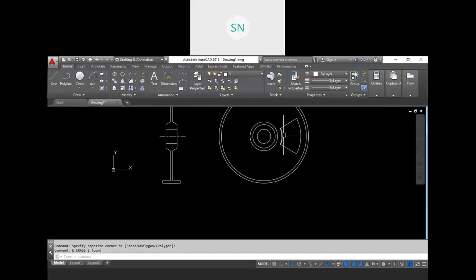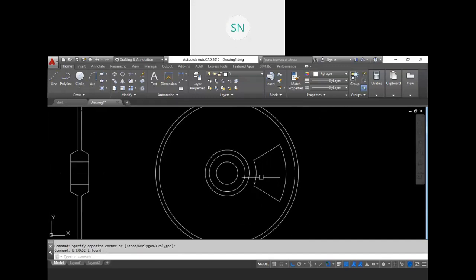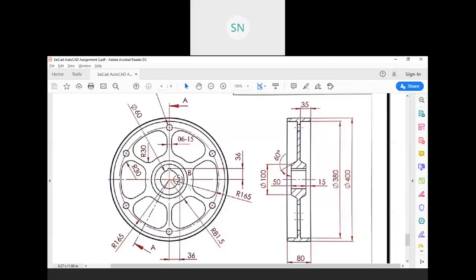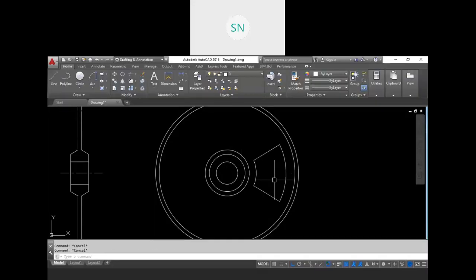Okay, now at the end we will use the fillet command. So the fillet of radius 30, yes, it is easy. So F, radius 30. Now at this corner again, at this corner again, at here and at here, it is done.